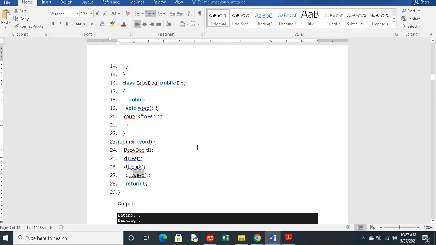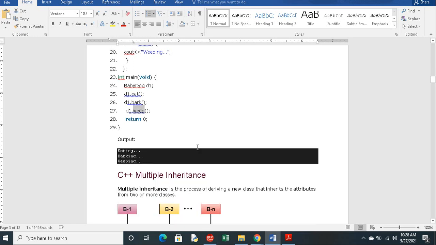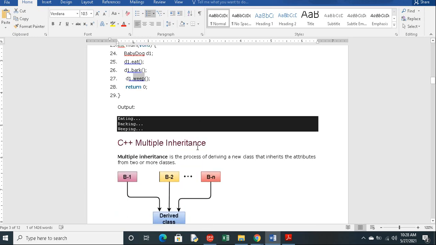We have three different levels. There is no rule that you must have exactly three; it is more than two levels. If you have only two levels, that comes under simple inheritance or single inheritance. If you have more than one level, then that is considered multi-level inheritance. In multi-level inheritance, we need to create an object for the last derived class. Okay, so that is about multi-level.